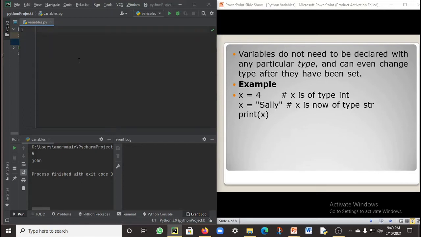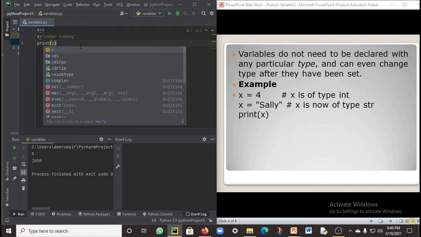Like for example, I'll show you. x is equal to 4 and x is equal to cyber coding. I'm sorry, I have messed it up. And x is equal to cyber coding, and at the bottom I'm going to say print x.